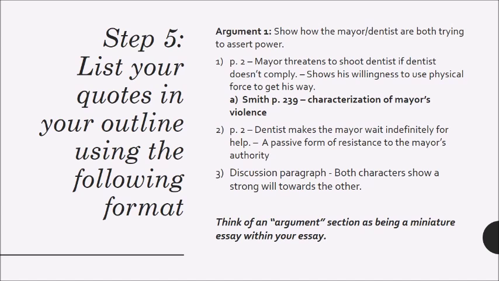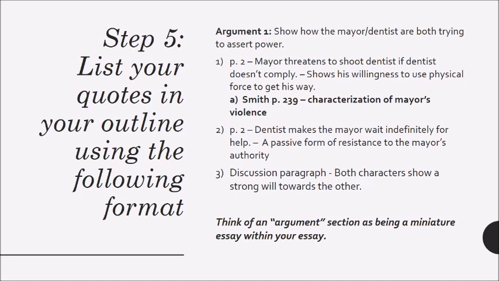Think about how they interact, how they reflect upon each other, how they compare and contrast to each other, and what your general takeaway from this general argument is. In this way, you can think of an argument section in your essay as being a miniature essay within your essay, where the argument itself is your little mini thesis statement. Your quotes chosen are your individual textual evidence,